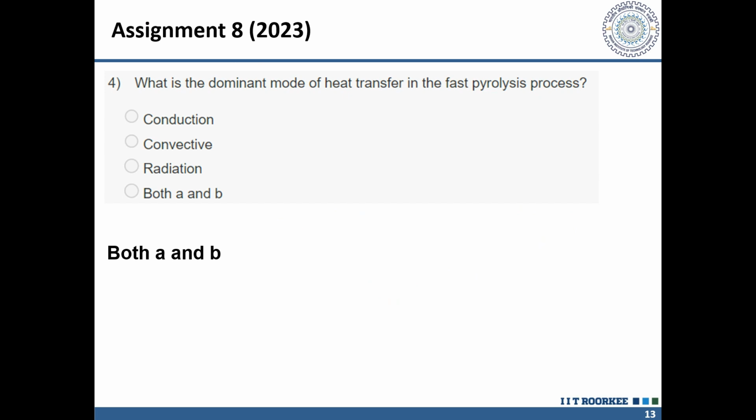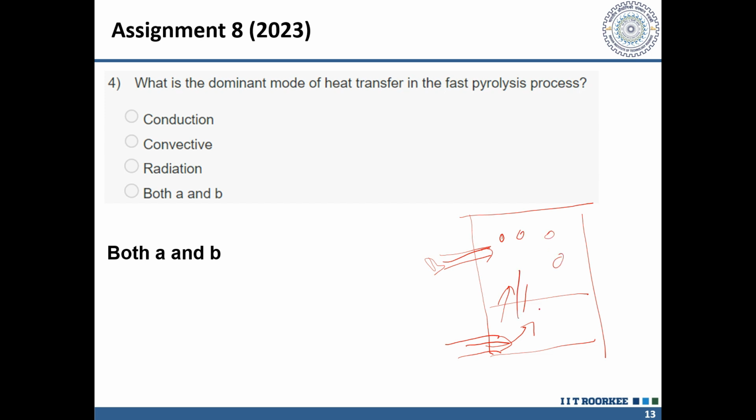Now, let's move on to the fourth question. What is the dominant mode of heat transfer in the fast pyrolysis method? So, by now we know what the pyrolysis method is. In pyrolysis, we give an inlet gas which will heat inside it, and we also give some biomass feed in it, and this biomass is heated through the hot air. So the heating of biomass through air is known as convection,